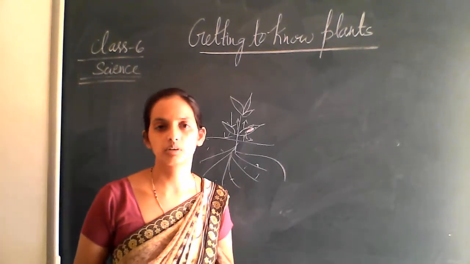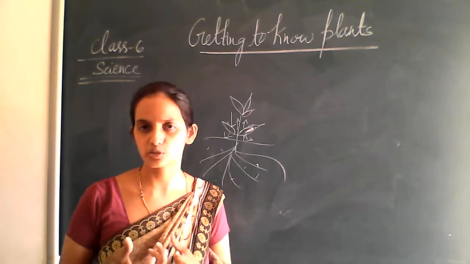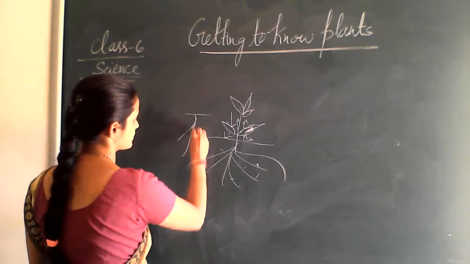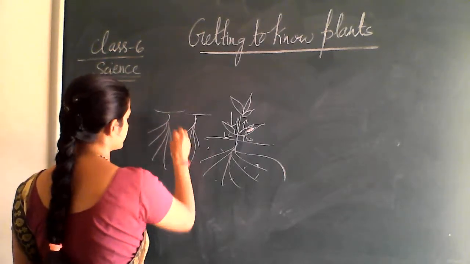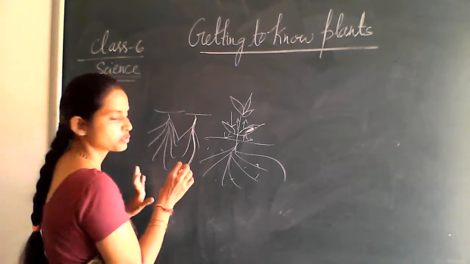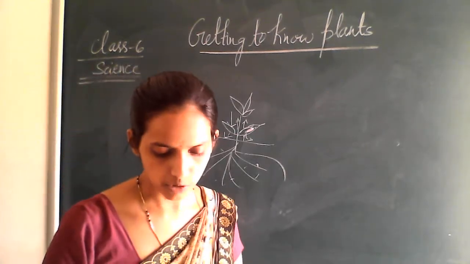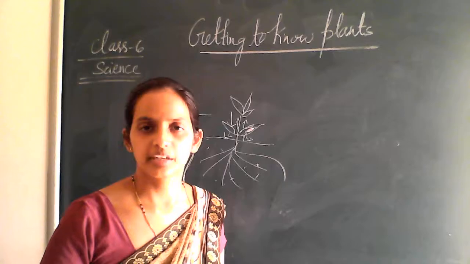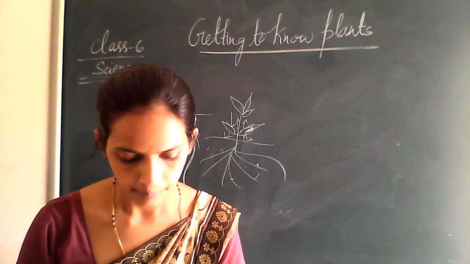So in the root system you have two types of root system. One is the tap root system, and the other is your fibrous root system, right? Tap root is a simple form of a root system, right? And the fibrous root system is a bunch of roots, right? Which are forming one after the other. In taproot we have the simple root system. In the fibrous we can see a bunch of roots, right? So we have the two types of root system, and roots help in absorbing the nutrient materials from the soil, and sending them to different parts of the plant through the stem, right?